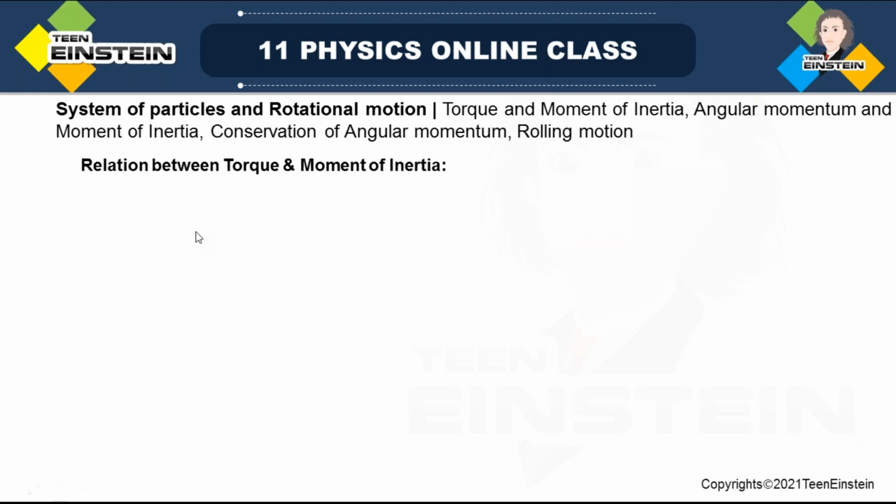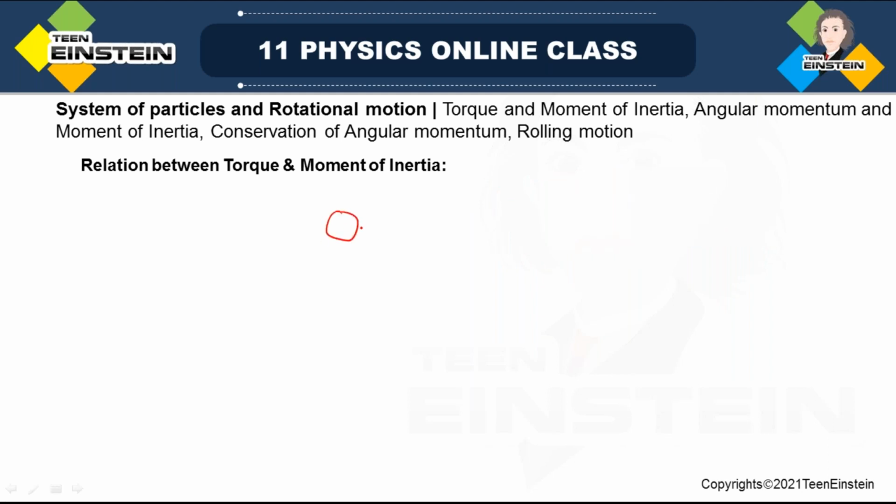So first we'll take up the relation between torque and moment of inertia. So we have already learned that torque is the quantity or physical entity which is analogous to force in the linear motion. So this is in rotational motion, or rotation, and this in translation motion. The role played by both the quantities are the same. What do you mean by that? The meaning is that,